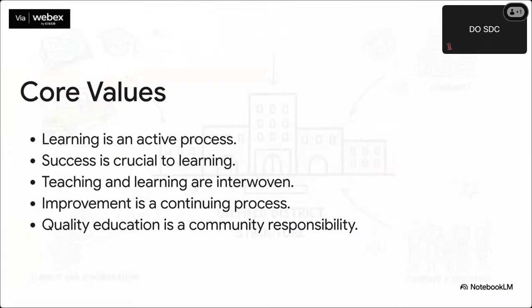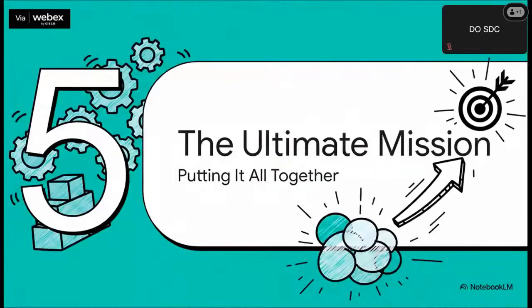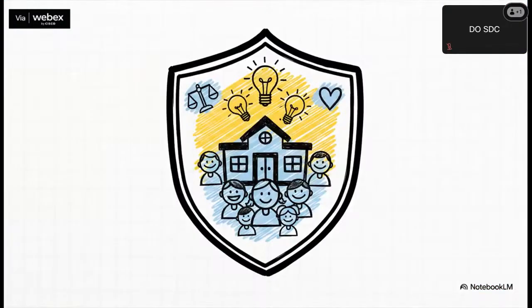So you've got the unified structure, you've got this awesome student-first philosophy. So how do you pull all that together into a mission that actually works? Well, it all starts with a very practical goal. Because think about it. Before you can even get to the math and the history, you have to get the environment right. So the goal is to make every single school a place that is fair, that is equitable, that is safe, and most of all, an environment where learning can actually happen and flourish.